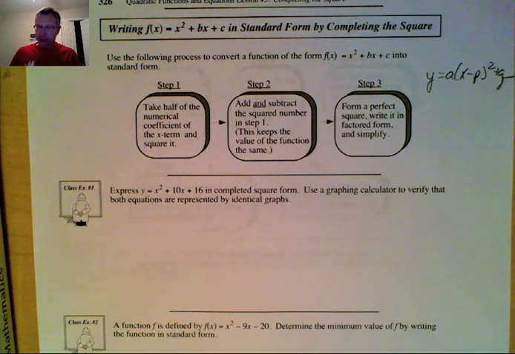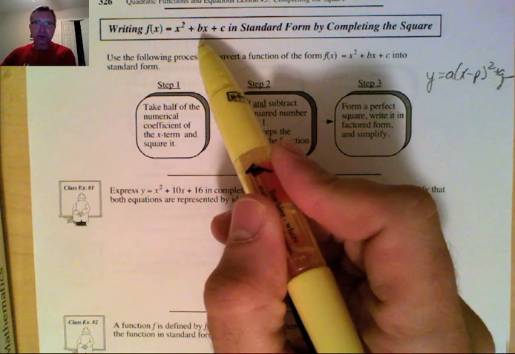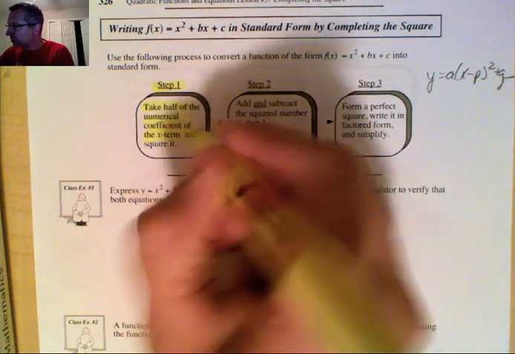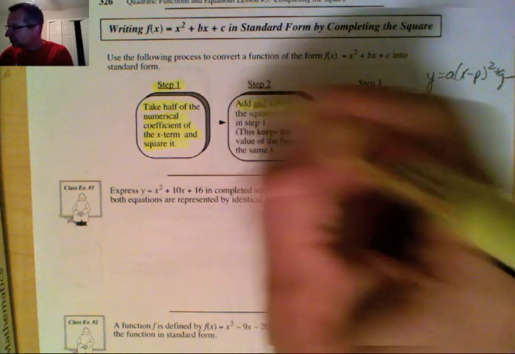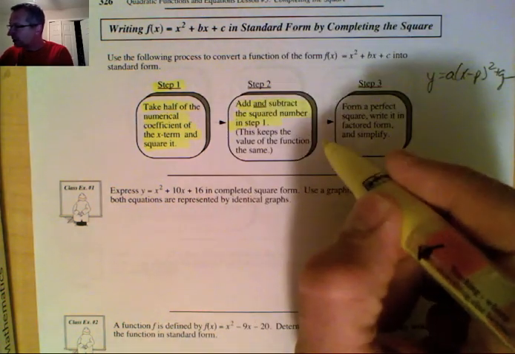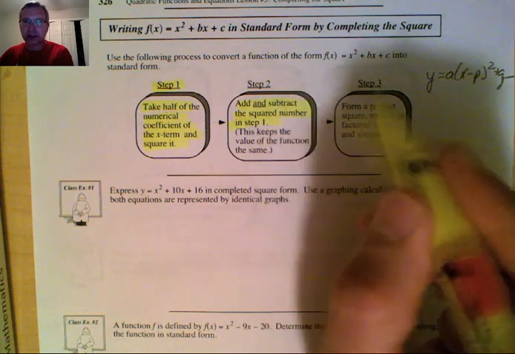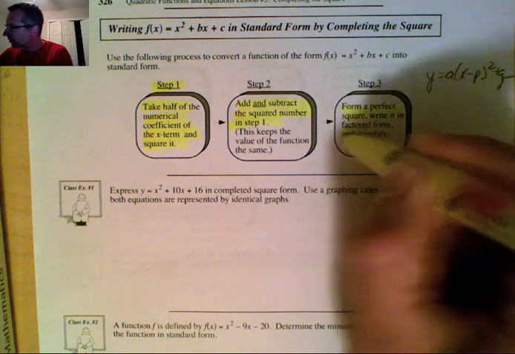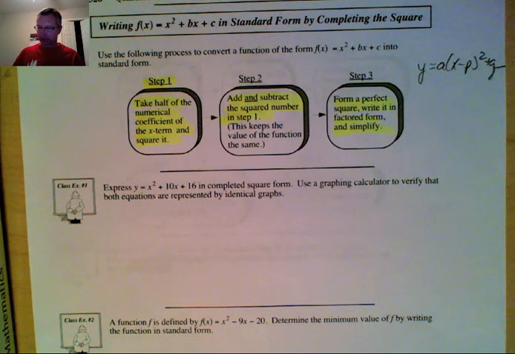Now, completing the square is a process. It's a process of changing from general form to standard form. And step one says, take half the numerical coefficient of the x term and square it. Add and subtract the squared number in step one. And the reason we do that is it keeps the function the same. You'll see why in a second. And form a perfect square and write it in factored form. So we're going to go through this process